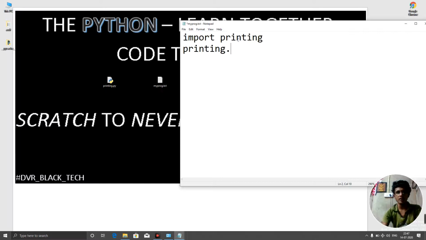I just imported that, import printing. Here printing is my file name. So I just imported that file name, and this is called importing a module. Python supports modules. This is my module now. I have a small module which contains some definitions. So I imported that module, and